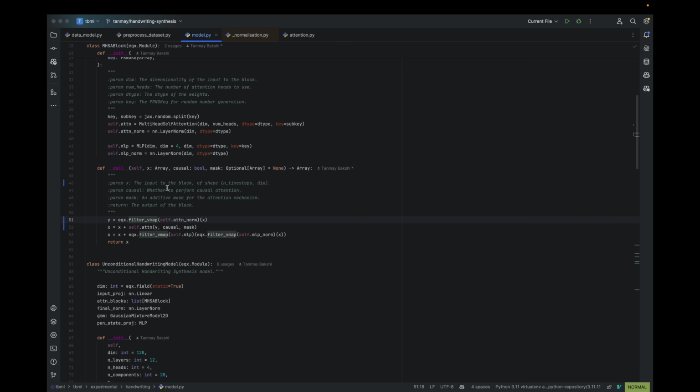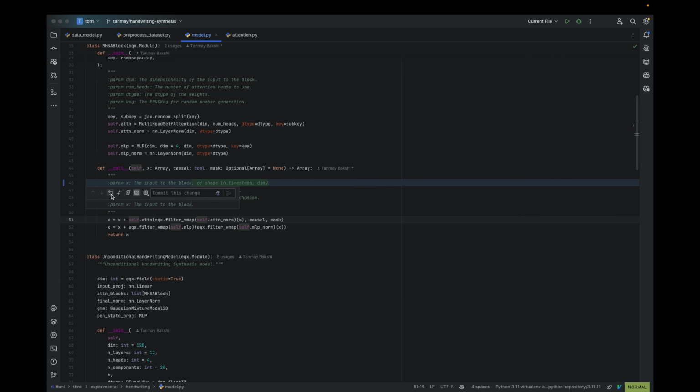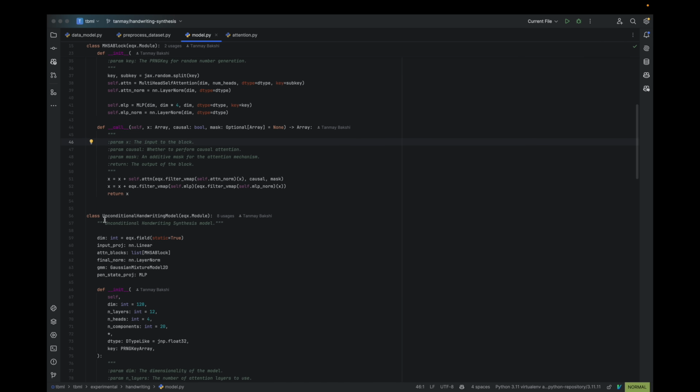It's not too hard. But again, the idea of Equinox is that it's giving you these conveniences that you otherwise would have to write yourself. And just like that, we have our attention layer. So we perform normalization across all time steps. We invoke our internal attention layer. We have our residual connection on the outside with the X+, and then we just do the same thing for